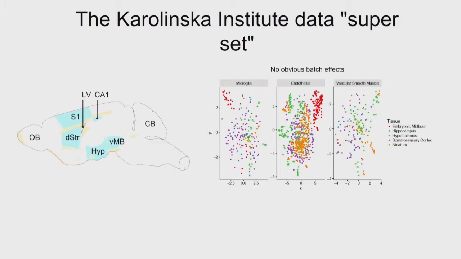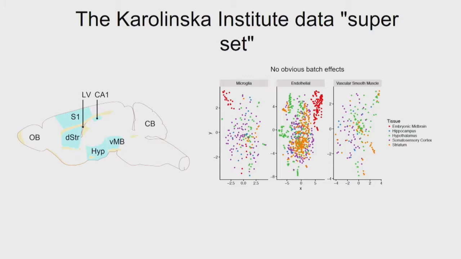This slide is called the superset because it was the largest single cell data set at the time, but now it's a dwarf in comparison. So we were lucky in the lab because we had published several separate studies, all performed pretty much by the same people on the same pipeline. So we had a single-cell data set from different regions that we know are being implicated in schizophrenia: the hippocampus CA1 region, somatosensory cortex, the striatum, hypothalamus, and the ventral midbrain. And we said, can we just marry these data sets together?